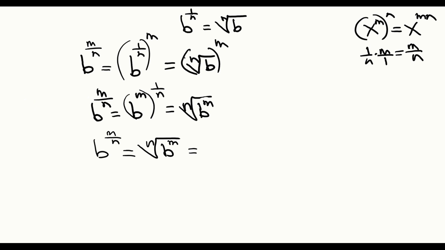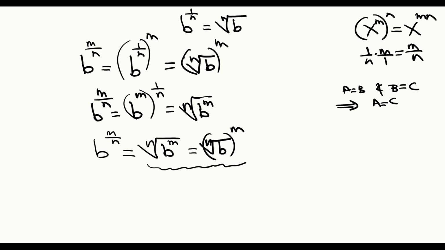So this is called the transitive property. We say that if a equals b and b equals c, that implies that a is also equal to c. So we're going to apply this transitive property, realizing the fact that since b to the m over n is equal to this quantity and also to this expression, then these two expressions must be the same as well. So we have the nth root of b to the m, and this